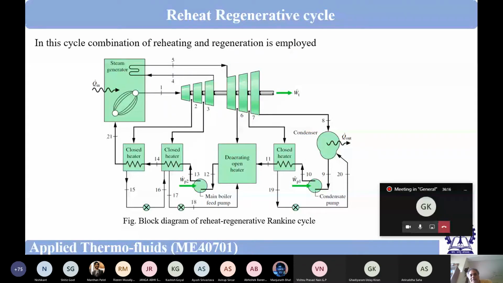It is done. But in many cases, it is also not done. Yes, sir. In the last closed heater, why can't we send that water to the deaerating open heater? No, we can send it. The only thing is that if you see the feed water chain in a turbine in a large power plant, this is very large. So the pipeline etc. will be large. And pipeline means when the hot water is coming, there will be heat loss also. So that's why it is sent to the closest equipment. You can send it. Okay. No problem.